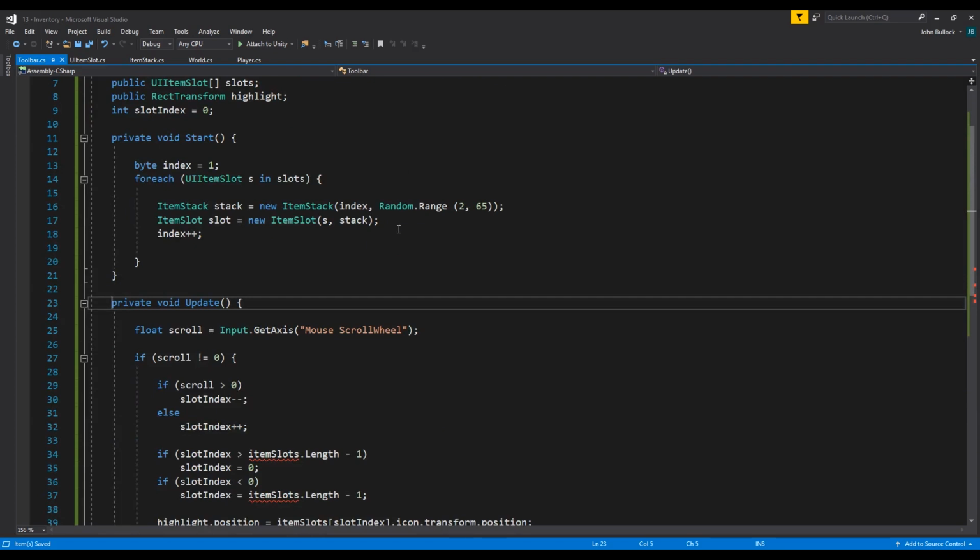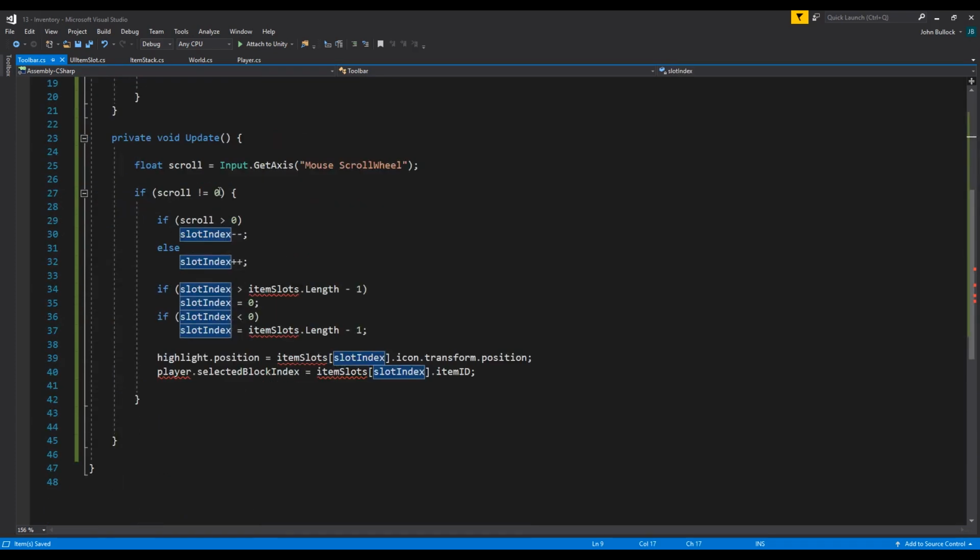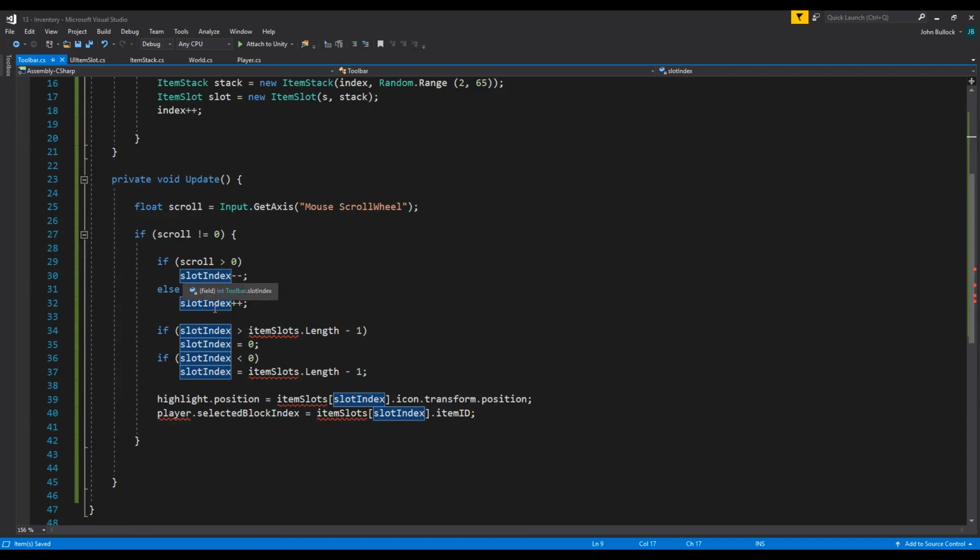Okay, so I've put the code back for the selection. Is mainly these two here. We need the rect transform for our highlight rectangle thing, and we need a slot index. And then down here, this is the code we had in our update. As you can see, there's a few errors. So I've left them there so that you can see what we have to